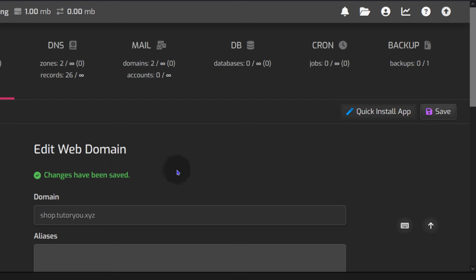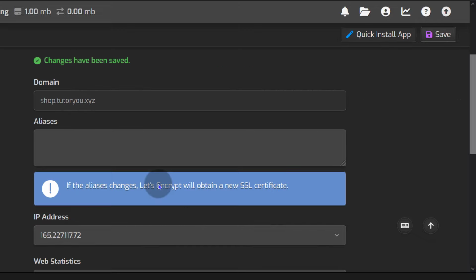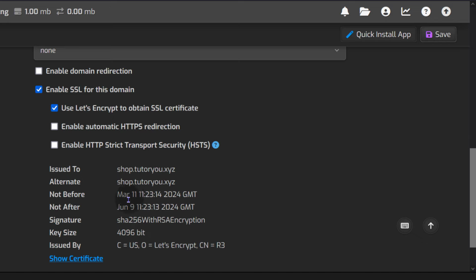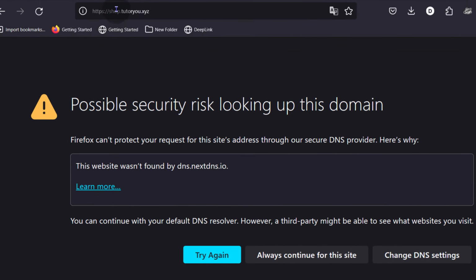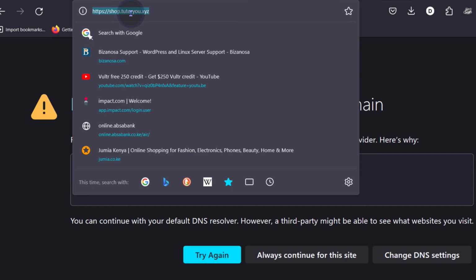As I said earlier, as long as you see changes have been saved, it means that everything worked well and the SSL certificate was generated successfully. So if I come back here, you remember the last time I tried to visit shop, I got this error on my browser. So if I try again, let's see what it's going to bring me.